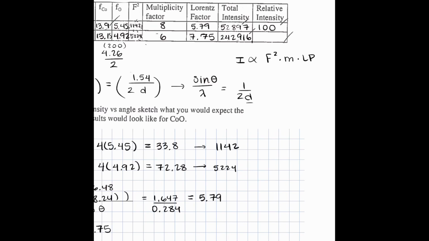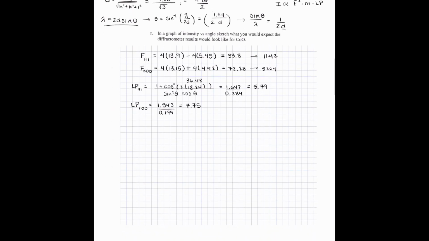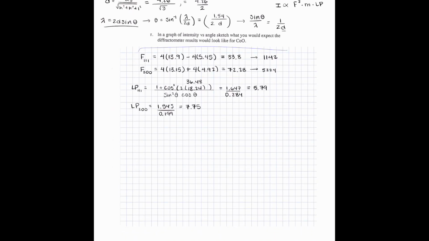I'm sorry, divide everything by the bigger number. 52,897 divided by 242,906 is going to be 21% of the height. And this is going to be 100. Okay, so once we found those relative intensities,